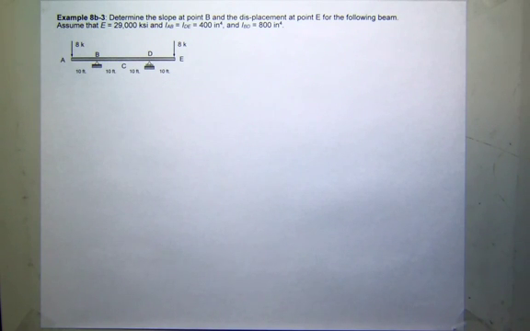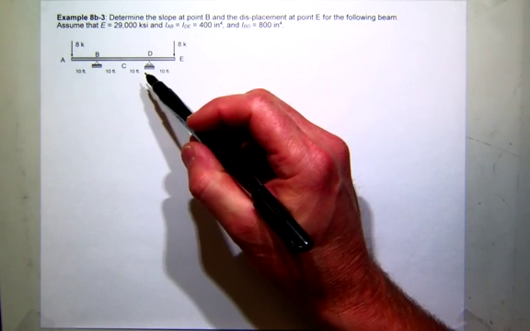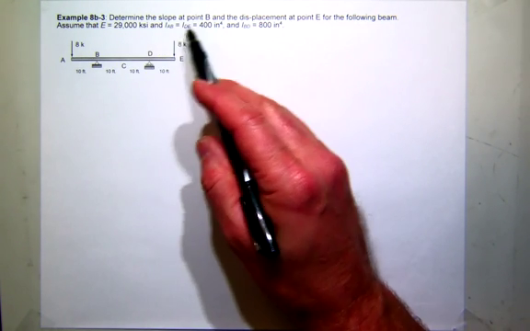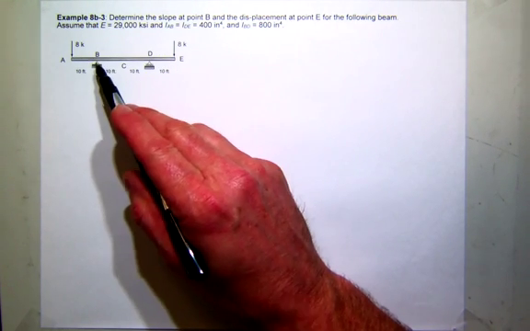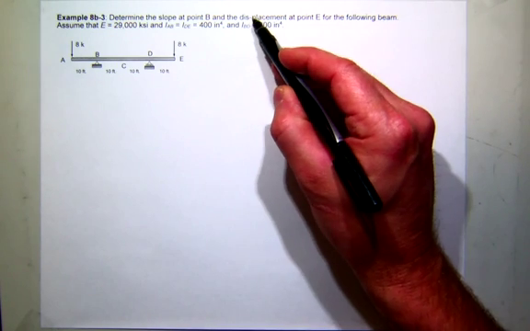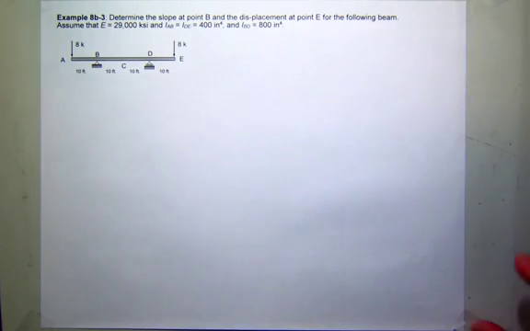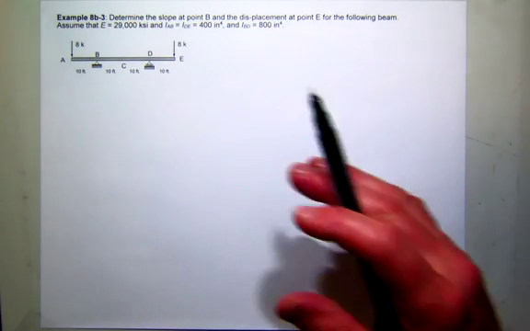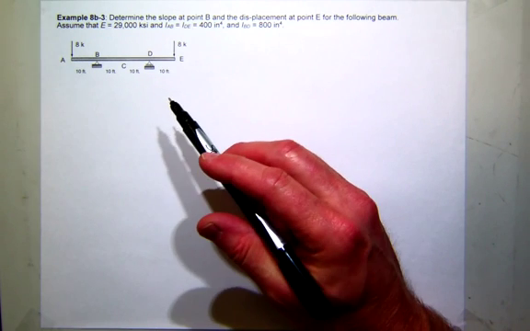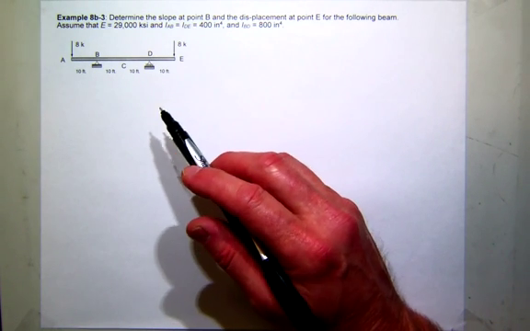So in this problem, again, it's a conjugate beam problem, so we're trying to find the slope at point B, which is here, and the displacement. That's funny the way I wrote displacement. The displacement at E, which is the free end. So this would be a long problem, and I don't think it's that instructive to work to the very end,